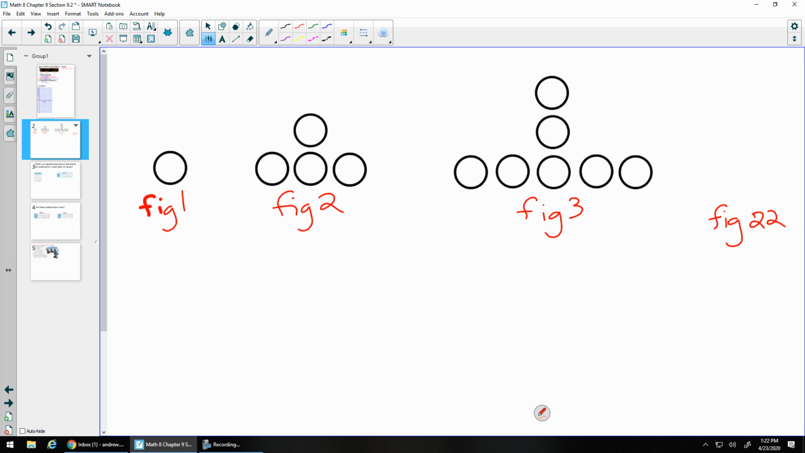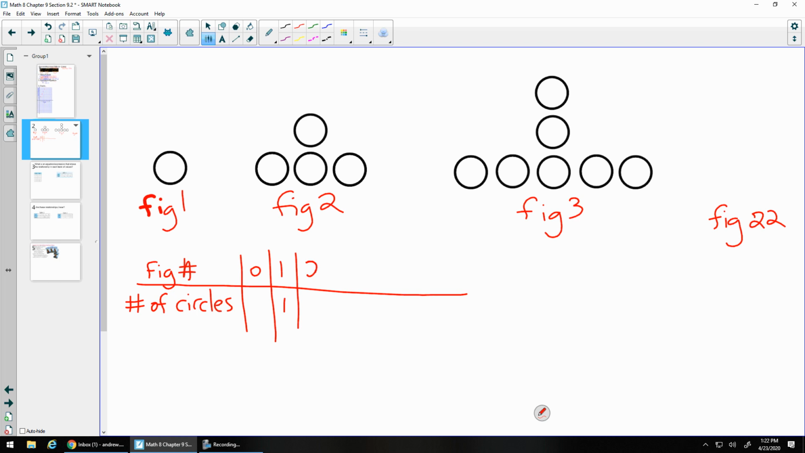Well, let's make a table of values comparing figure number to number of circles. Okay, using our table of values is one way we can show this relationship. In figure number 1, I'm going to leave space for 0 here actually, but in figure number 1, we had 1 circle. In figure number 2, we added 3 more circles, went up by 3, and we had 4